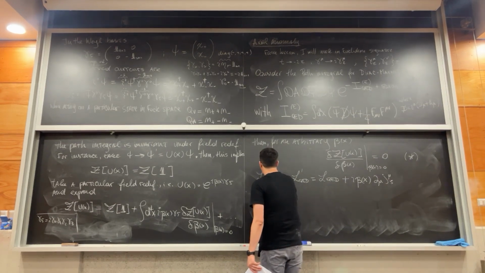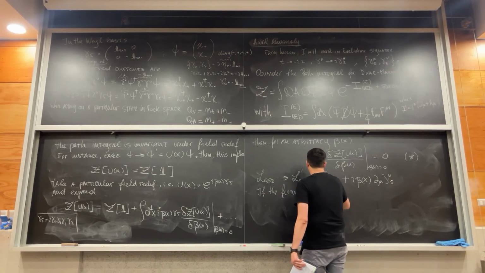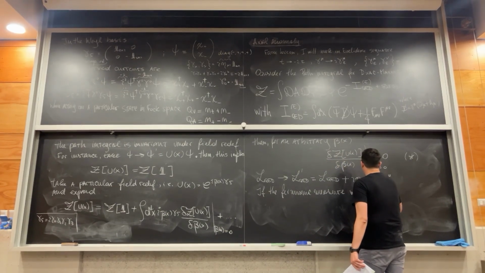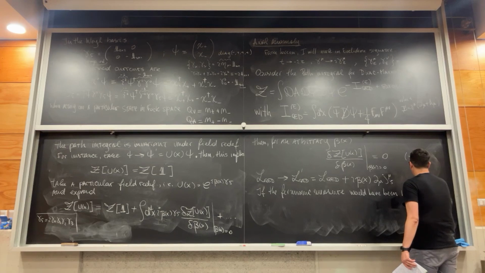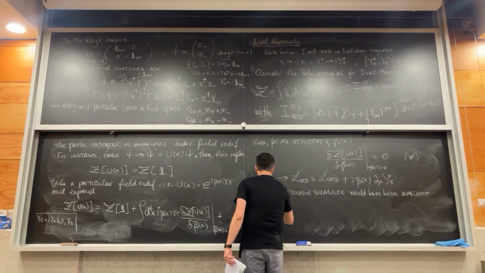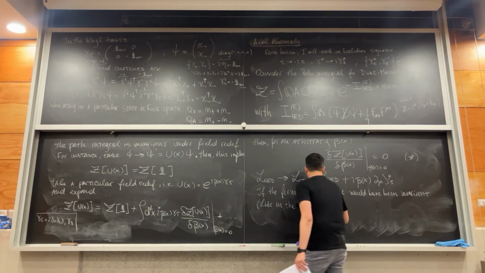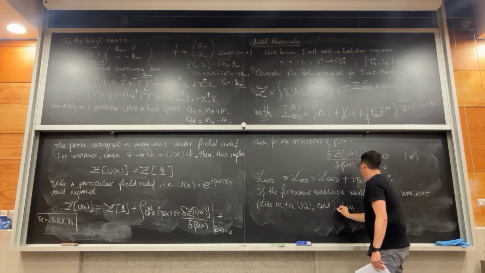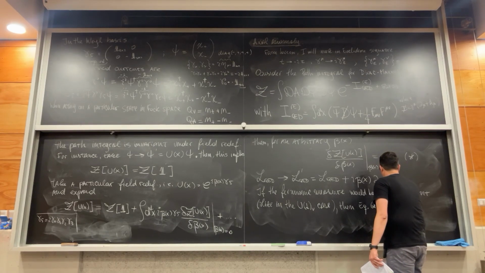If the fermionic measure would have been invariant, and this is exactly what happens in the U1 vector case, then equation star gives,